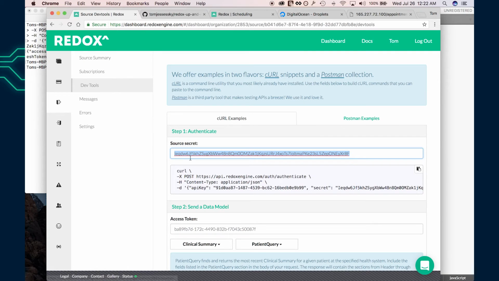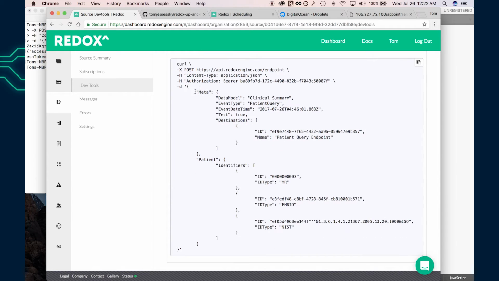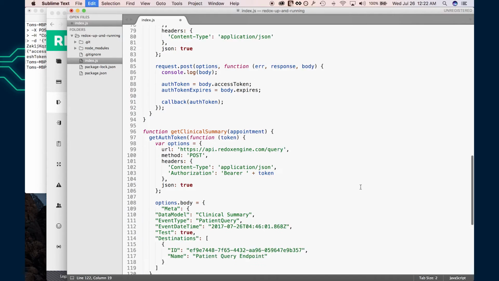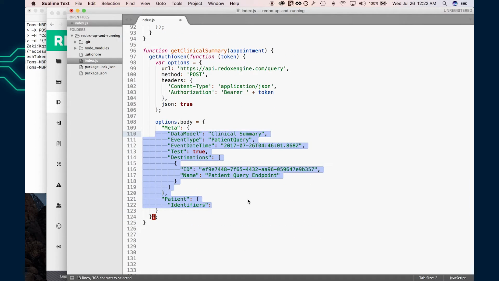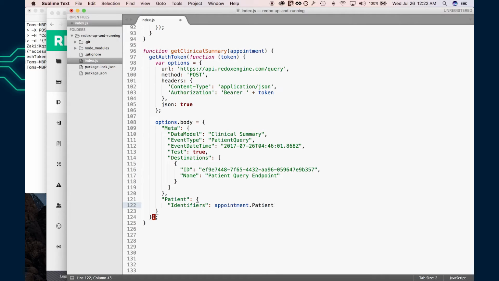Now we'll set the body to have the proper meta object. This is a test message and we're using the default destination. And for clinical summary patient query, the only other required field for the request is the patient identifiers. So we'll put those in. Now we'll make the request, log any errors, log the response code Redox returns, and log the body, which should